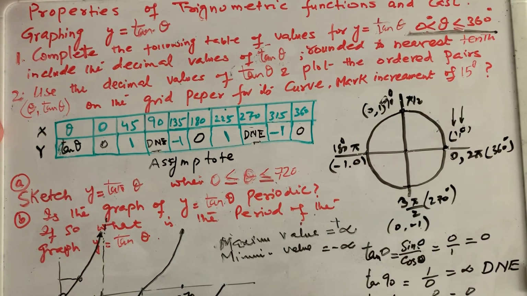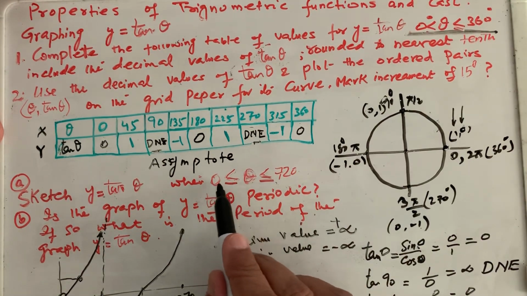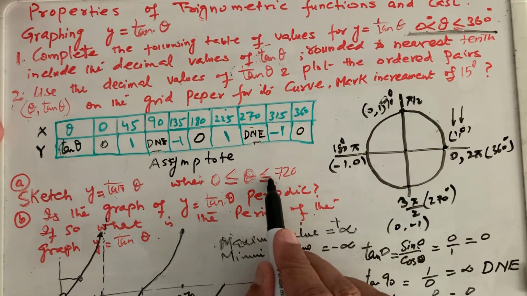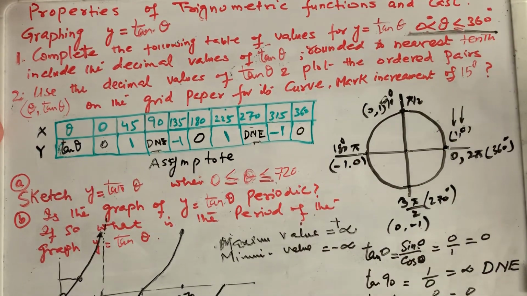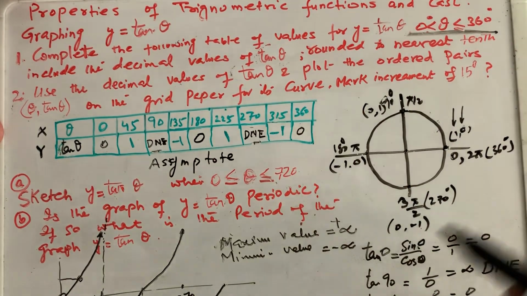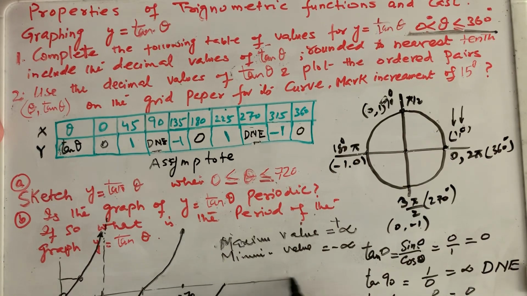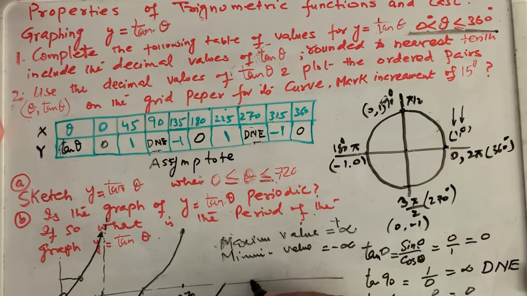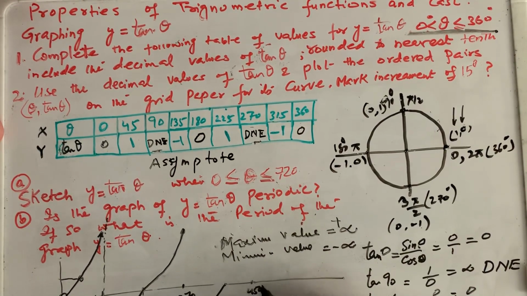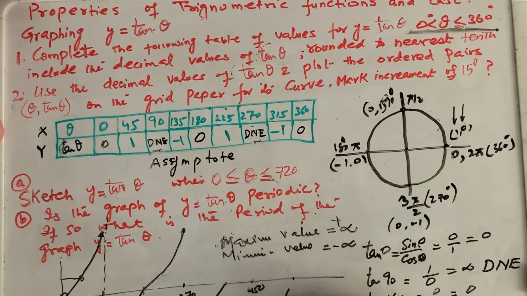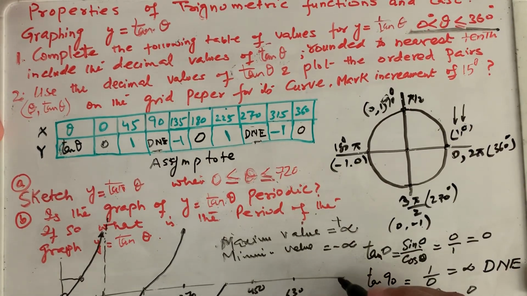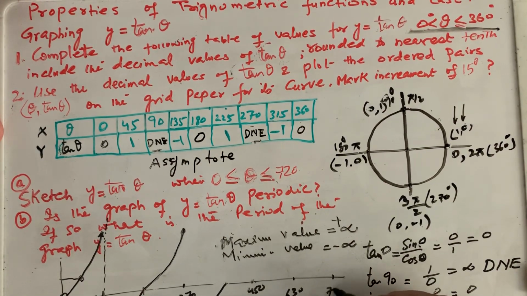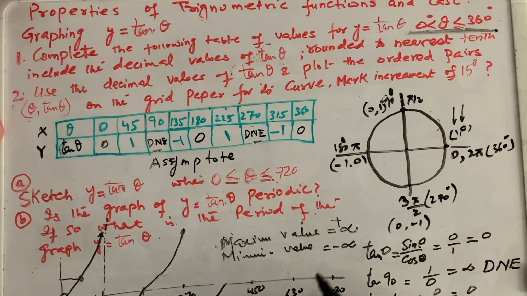If we plot this graph for another range, for 0 to 720, exactly double of 360, what we can see is that it will continue on the same side. After 360 we have 450, and after 450 we have 630, and after 630 we have 720, and each point will be similar, right? At 540,